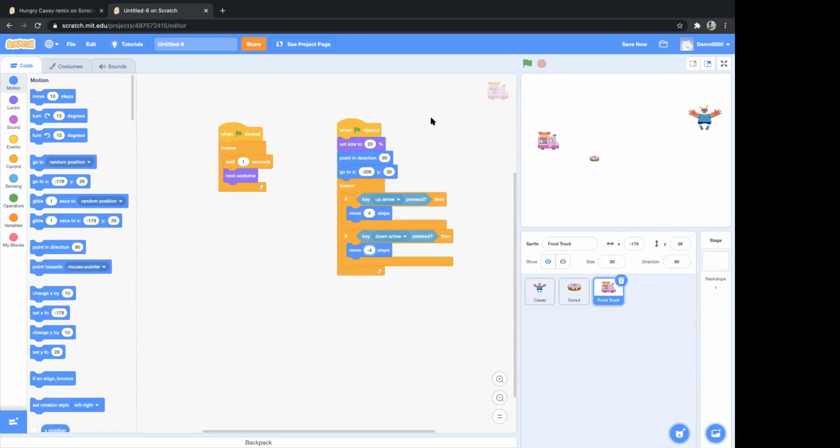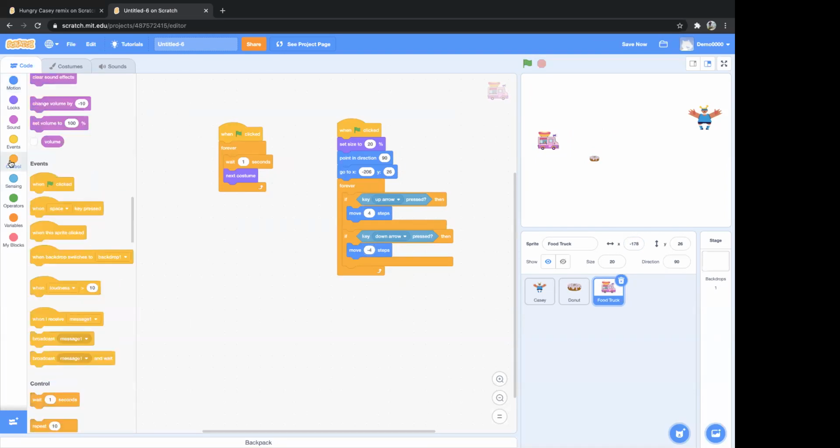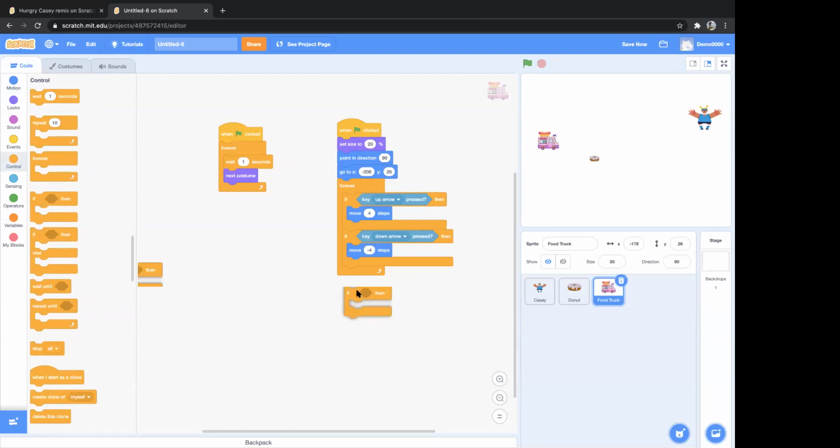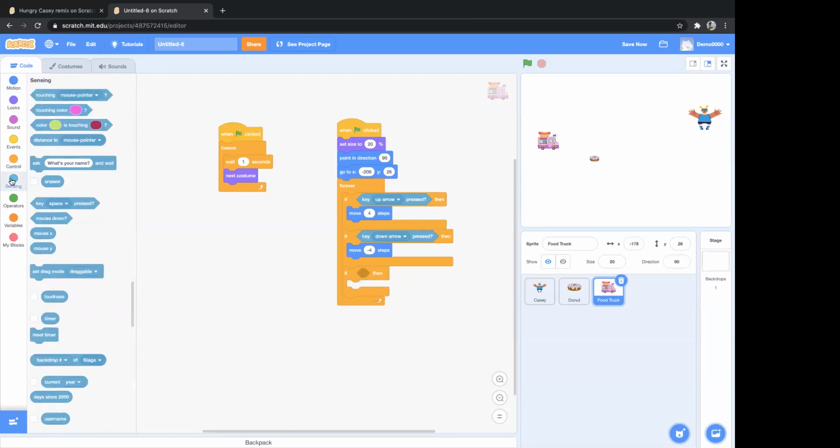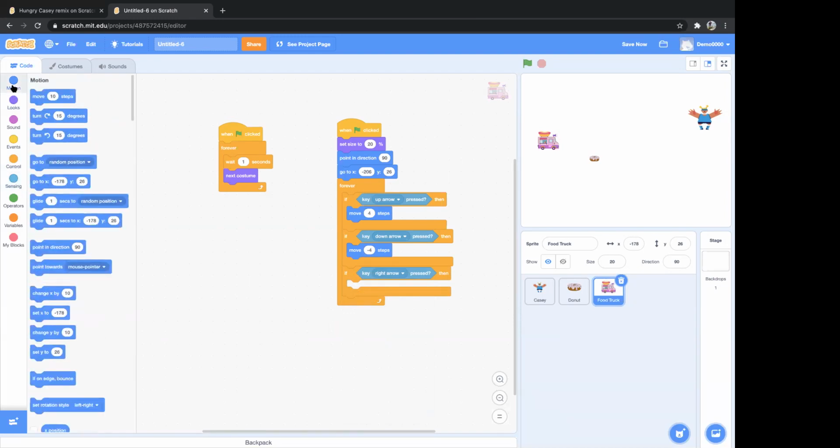Now let's do the same thing for right arrow and left arrow as well. So again, we'll go to control, use the if block, and then again go to sensing, this block, and then instead of space, I'll take right arrow. Now right arrow is what? It will move in the right direction. So right is clockwise. So I'll go to motions here and use this turn block, and turn clockwise 15 degree. Now I'll just remove 15 and make the value smaller. So I'll make it maybe let's say 4.